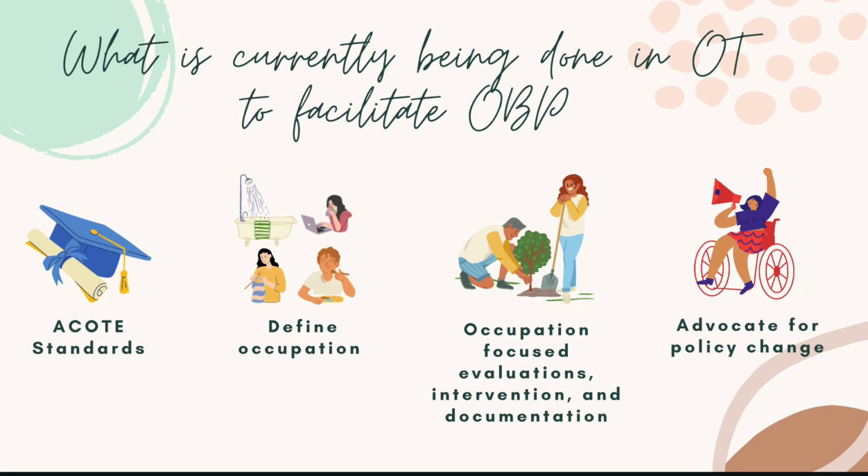For example, some strategies would include using AOTA's occupational profile template to gather important and relevant information about the person, their occupations, contextual factors, and more. Use of the occupation-centered intervention assessment would allow practitioners to reflect on intervention methods and brainstorm ways to implement more occupation-centered interventions. Looking at current CPT codes for billing could also be an important step to add more occupation-centered interventions,